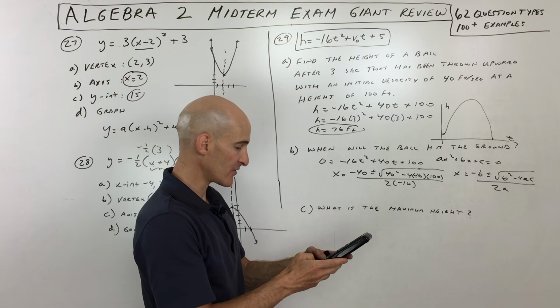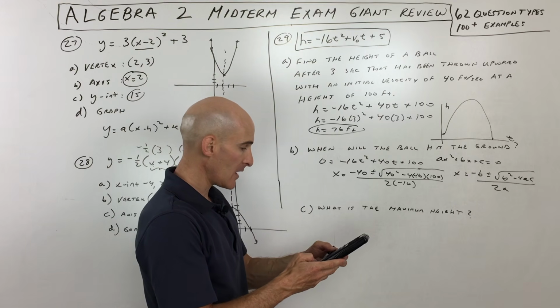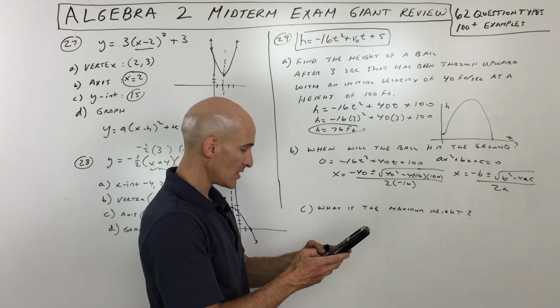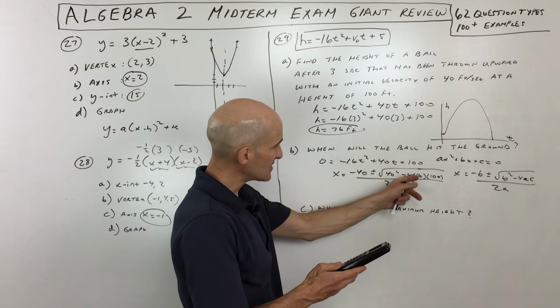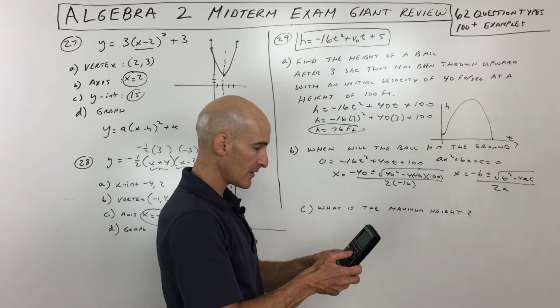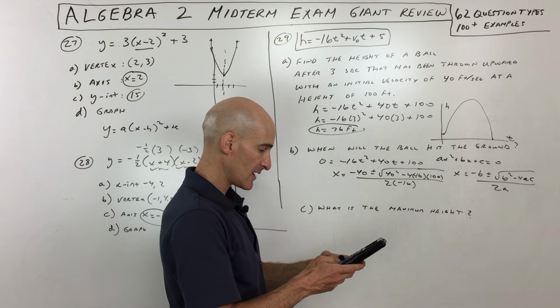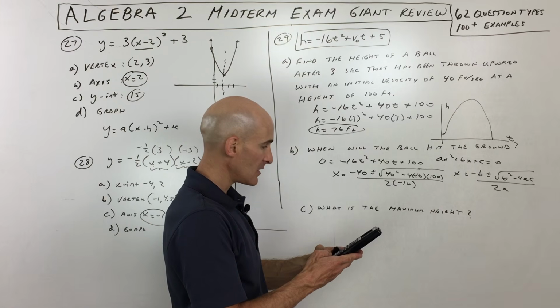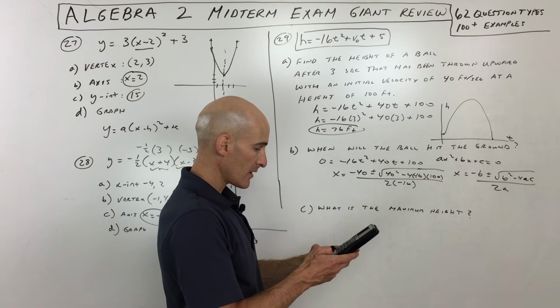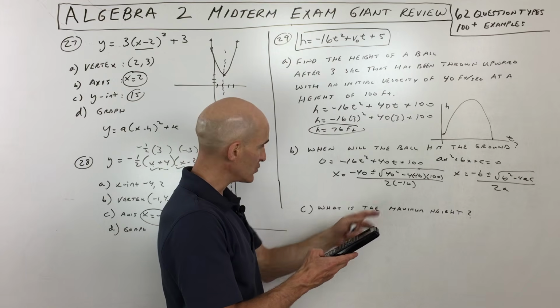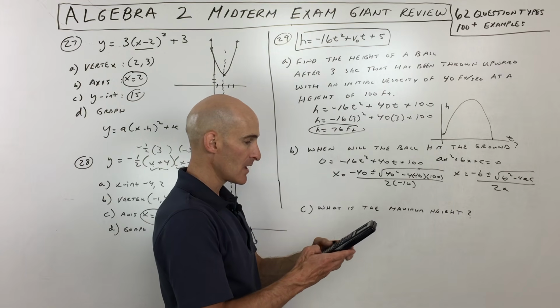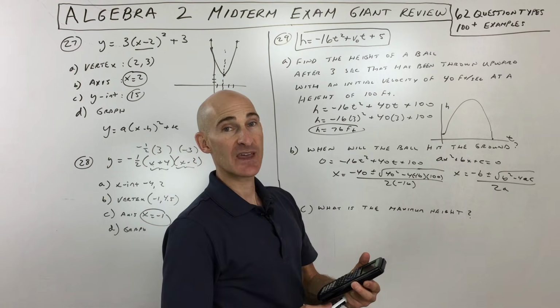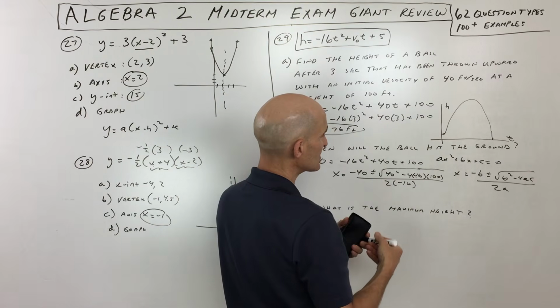So I'm going to set this up here in the calculator. Negative 40 plus the square root of 40 squared, which is 1600. A negative times a negative is a positive. That's 64 times 100 is 6400, right? So let's just add that in there. All right, and I'm going to divide that by negative 32 because 2 times negative 16 is negative 32. So we get negative 1.5 seconds, but that doesn't make sense because that's like going backwards in time.